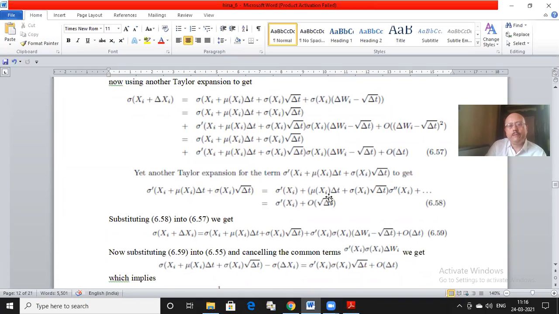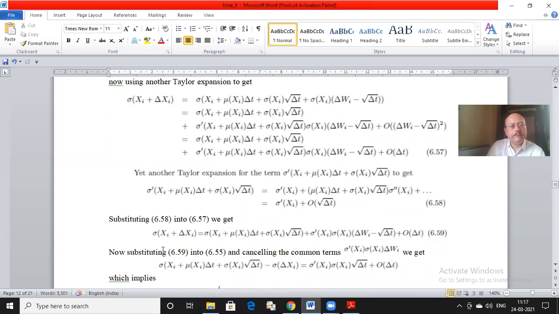So sigma prime xi equal to this term with a second derivative plus remainder terms, which I can simply say is of the order sigma prime xi plus order of root delta t. So this is a very crude approximation of sigma prime at this particular point. So I'm just looking at the change in sigma prime over two nearby points and approximating with an error of order of root delta t. So this expression I will now substitute back into here. I have this whole argument inside, which I want to simplify by this simpler argument.